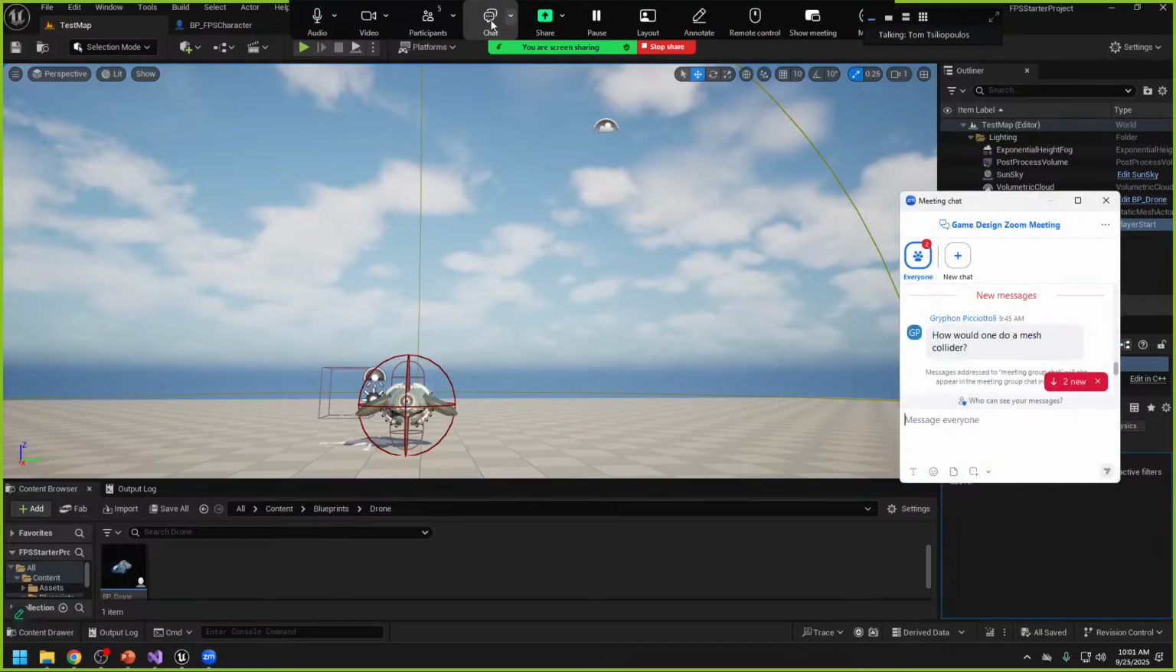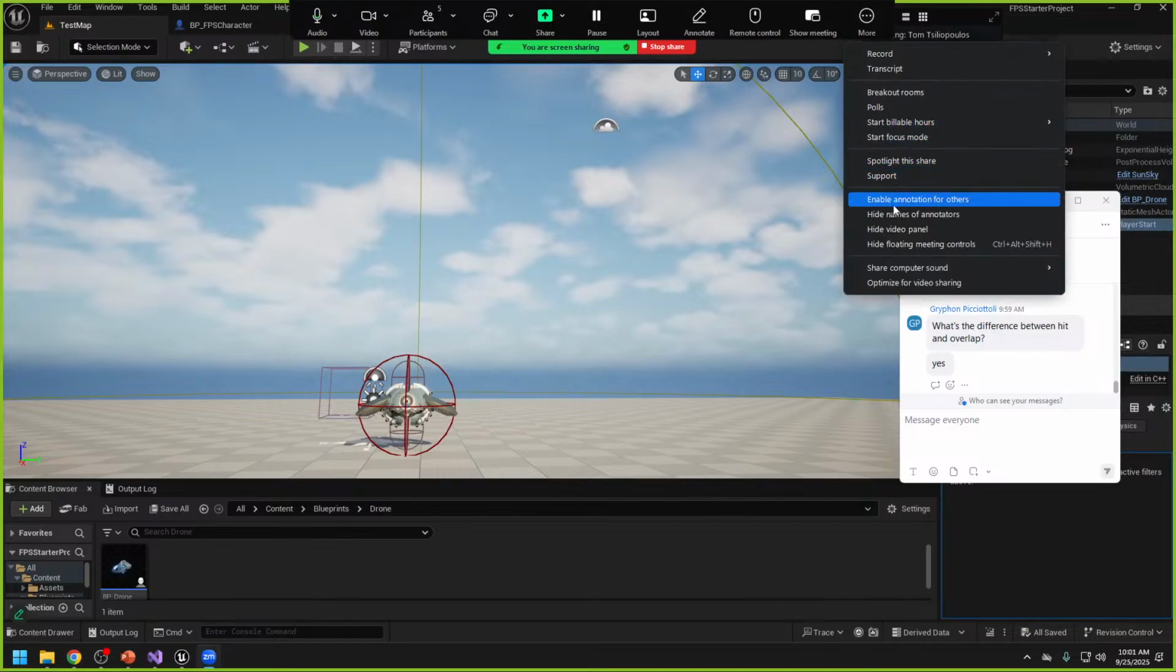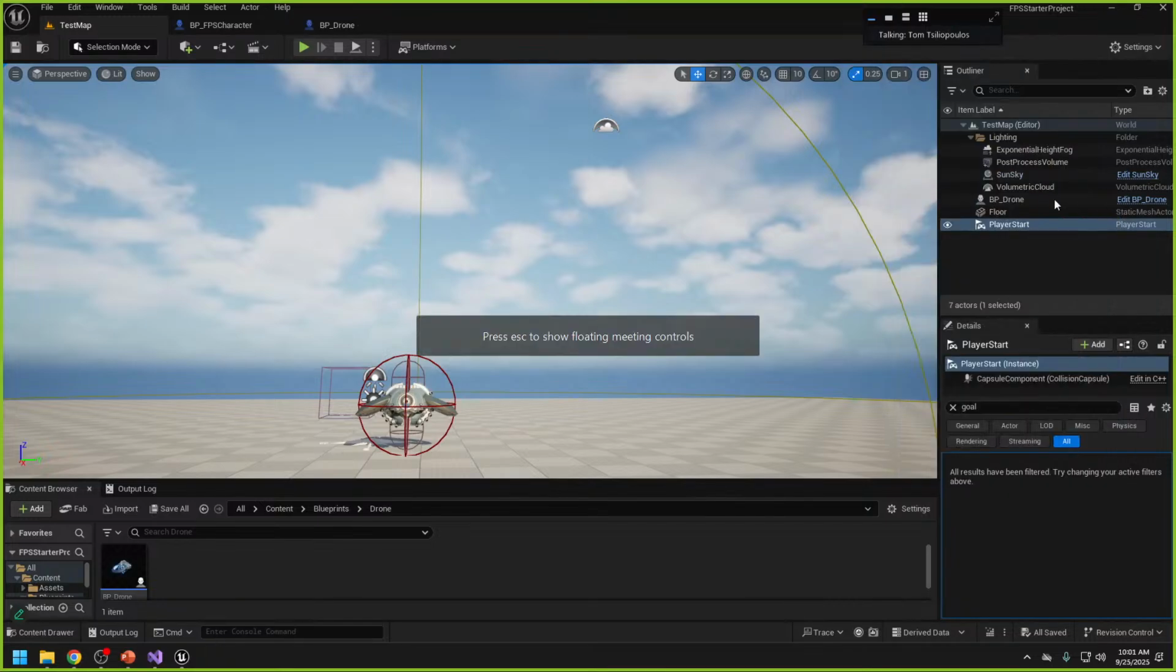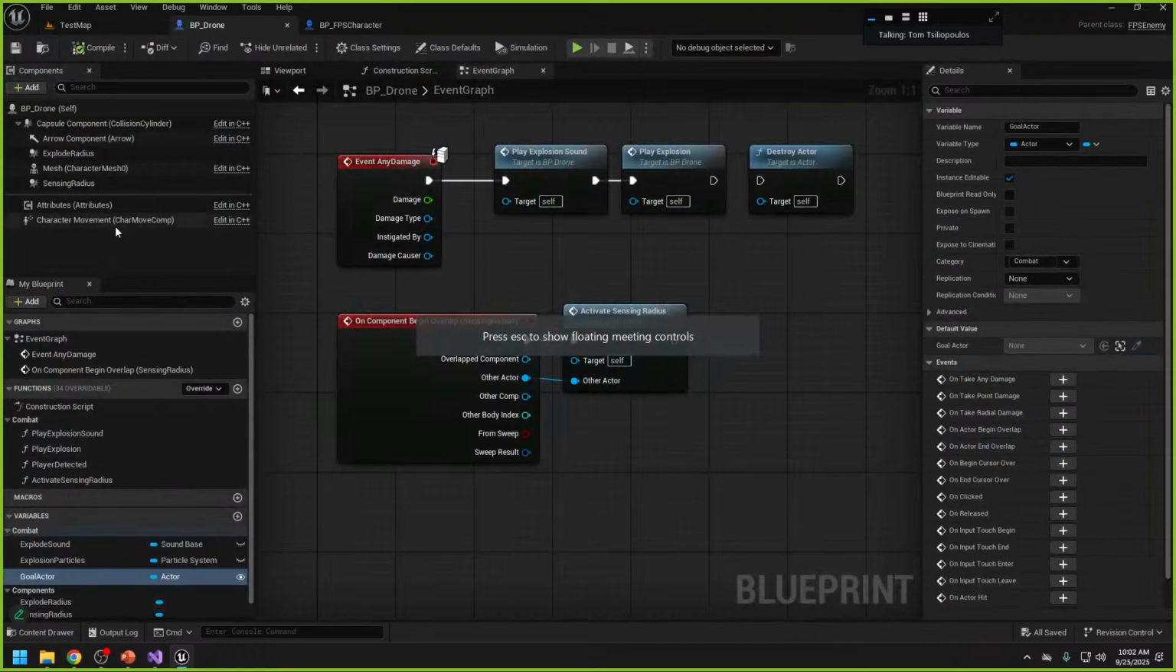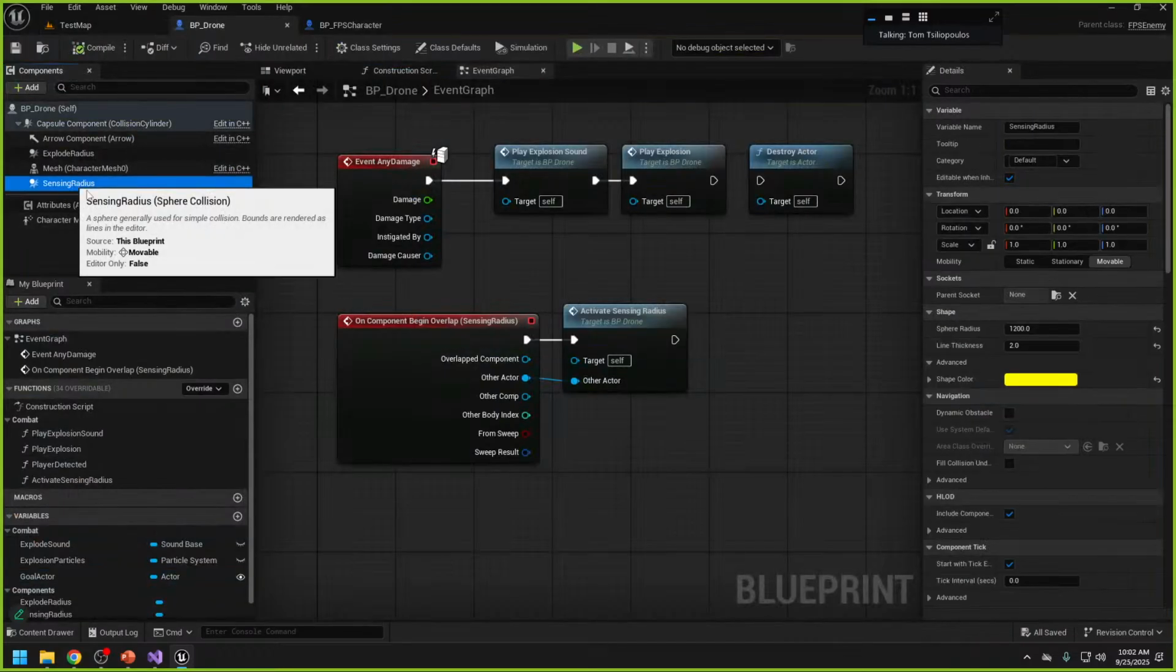Okay, I got a couple questions here. Let's take a look. Hit and overlap? Do you mean in like the collision, Griffin? Okay, so let's go back to the collider and let's talk about that just a bit. It's a good question again, because you're trying to understand the way the collision system works, which I think is a great thing. Again, if I go back to sensing radius,